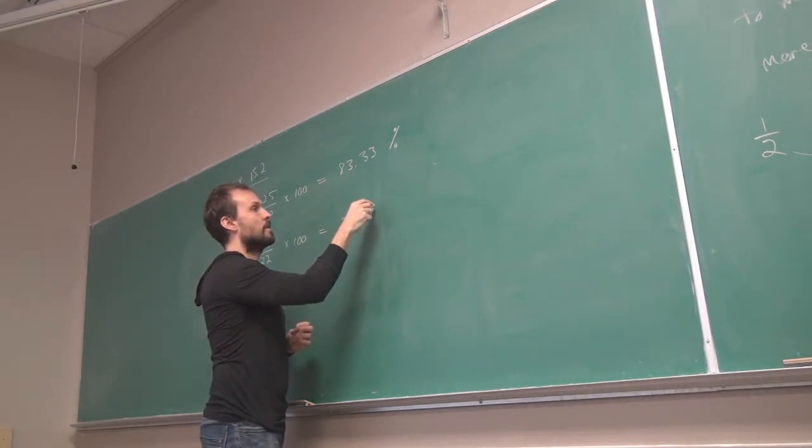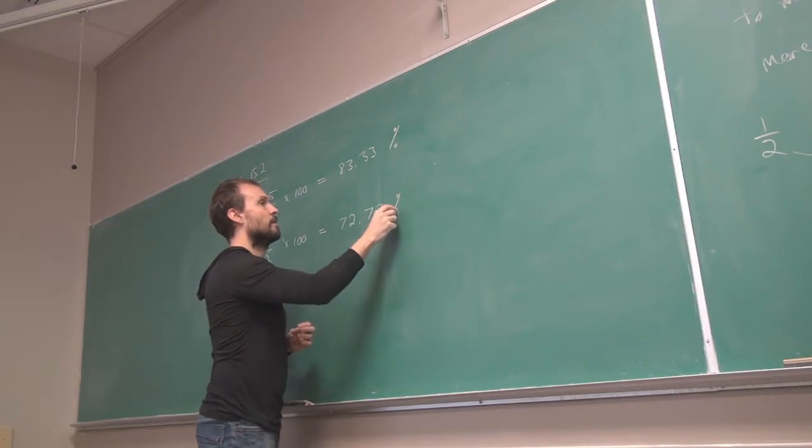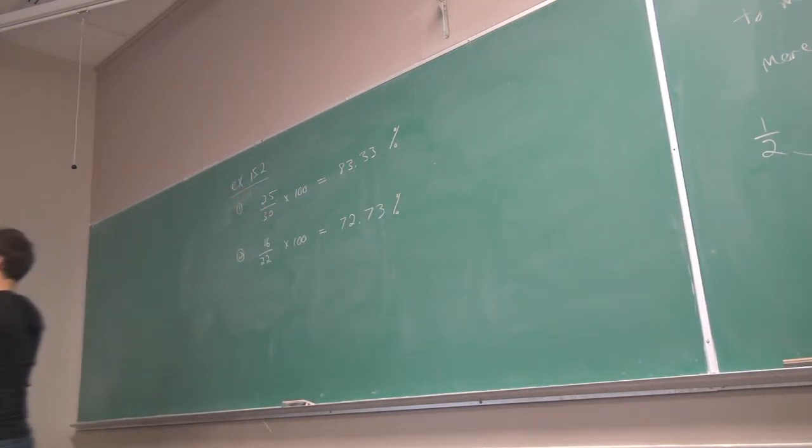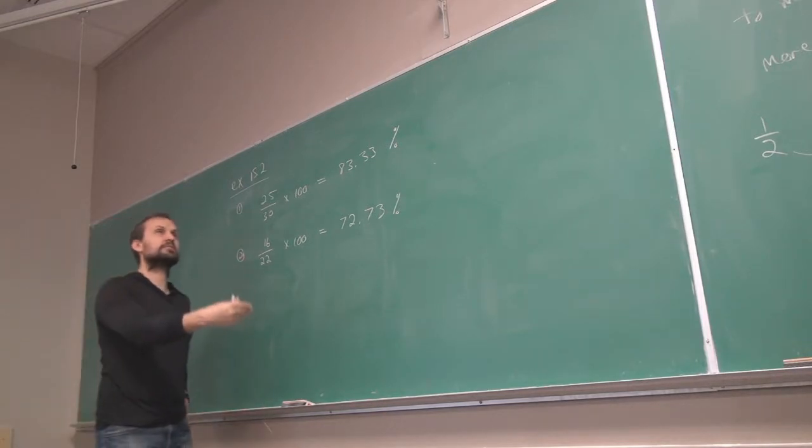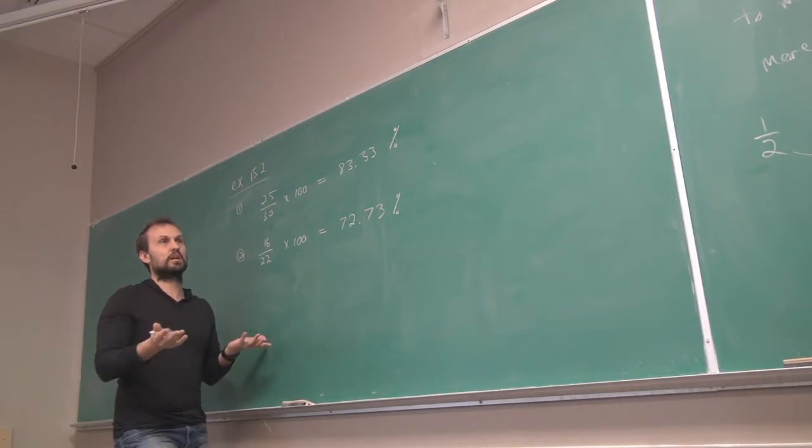72.72 repeating, so 73. So it turns out your test is a little better than mine. So there's another benefit to percentages, which is really why it stayed for that long and we can't be without